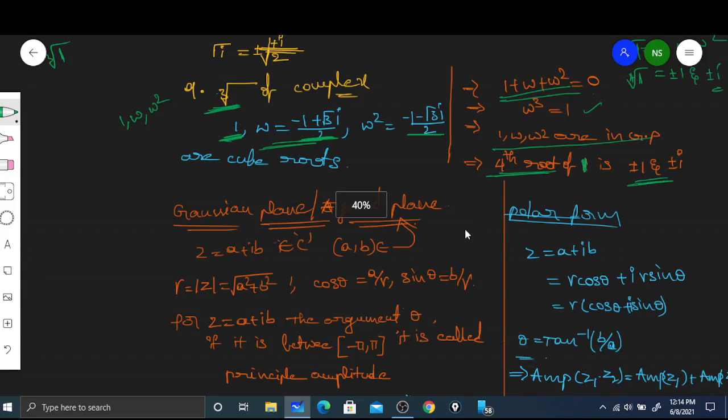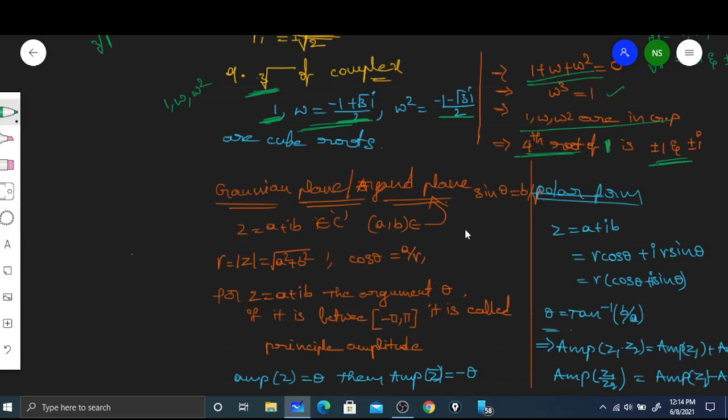Then we have here what is the Gaussian plane. Any complex number if you take, you will have one real and one imaginary part. Those two you will write in brackets, that is a point. The point will lie on a plane. That plane is called the Gaussian plane. Okay, you already know this formula, mod Z, and we will use vectors here. Okay, vector formulas. What is cos theta, what is sin theta, what is tan theta.